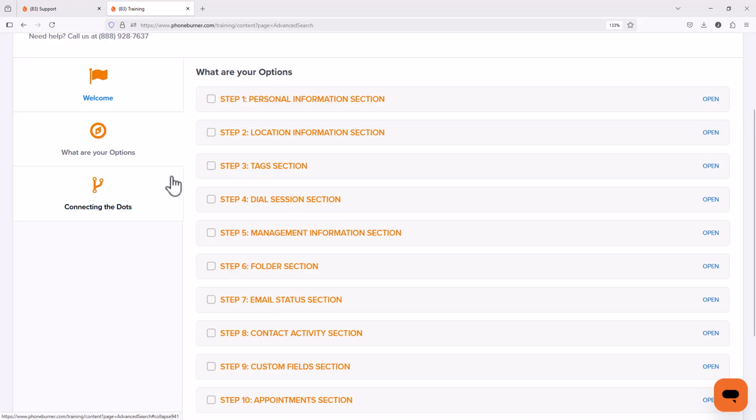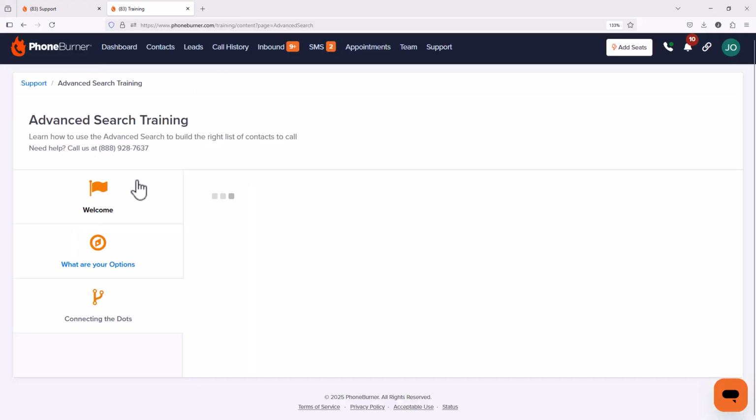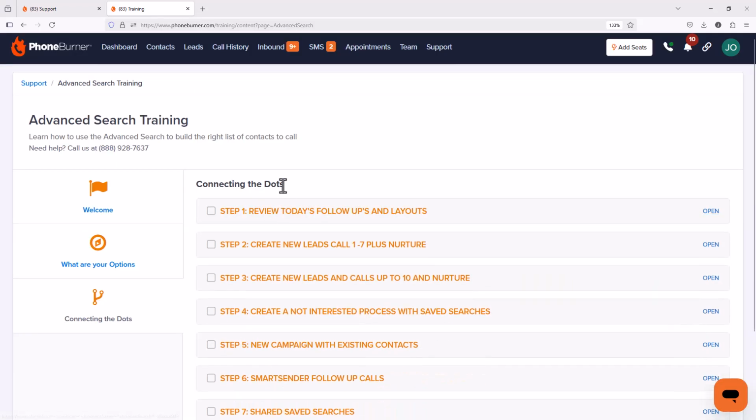The second section is called Connecting the Dots. This section is all about taking what we learned in the first section and applying it to help you build a systematic way of working through your data. Again, with the main goal of this being to help you and your organization get the most out of your data, to simplify your lives, and really just to help you get more done in less time using the power